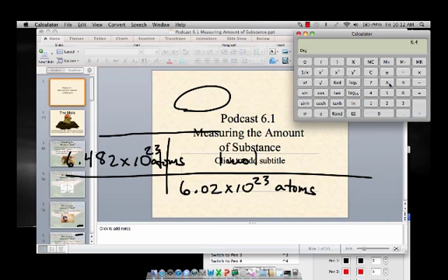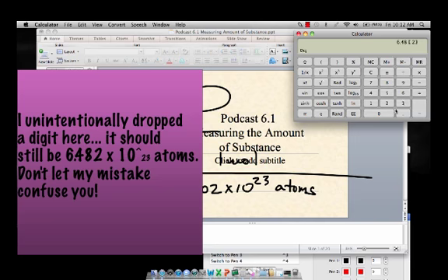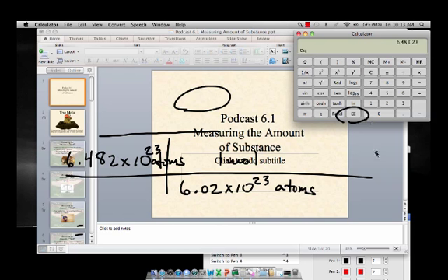And some of you have been getting away with this type of mistake for now, but it's not going to work anymore. So we're going to type in 6.48, then use the E button, 23. Notice I didn't push times. This E button is for exponents. This gives us a way to do exponents in the calculator that uses the correct algorithm, using the powers, not using times 10 to the something, because that algorithm is multiplication, not powers. All right, so I'm going to multiply that by 1 and then divide by Avogadro's number, 6.02 times 10 to the 23. So I use the E button to get my times 10 to the 23. And here's my answer,